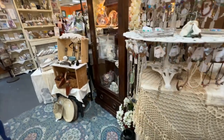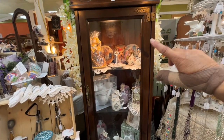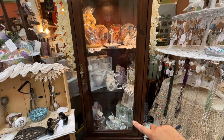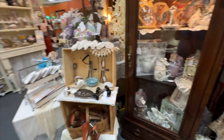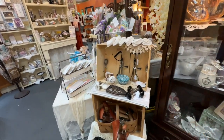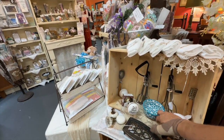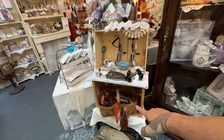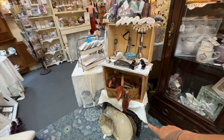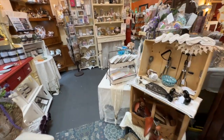And then we'll go over here and we have a cabinet that we have filled with a bunch of gift items and or antiques. And look at this. This is one of my favorite sections, but I'm a country girl, so I like how this is set up. We have a bunch of old stuff and some new stuff mixed here. Some old shoe stretchers and some old trays. And then we go over here,